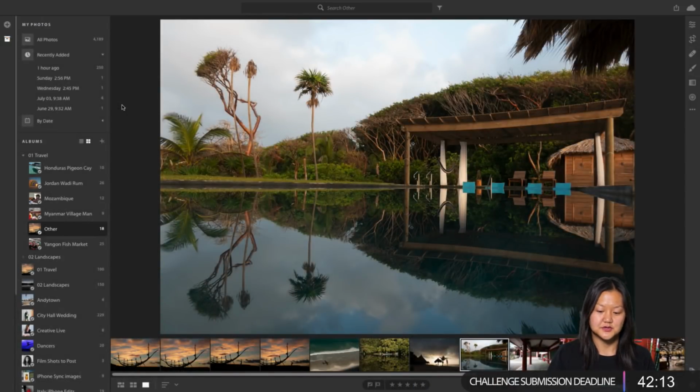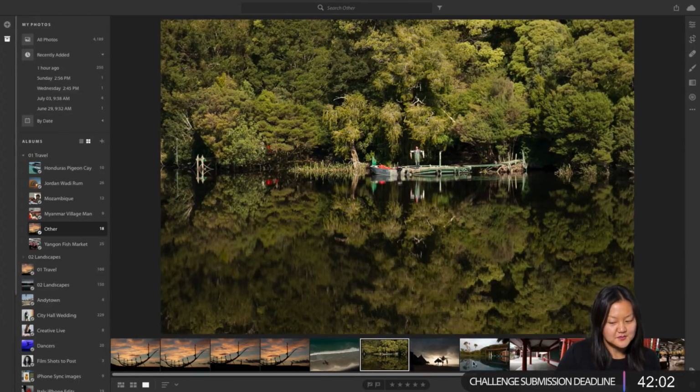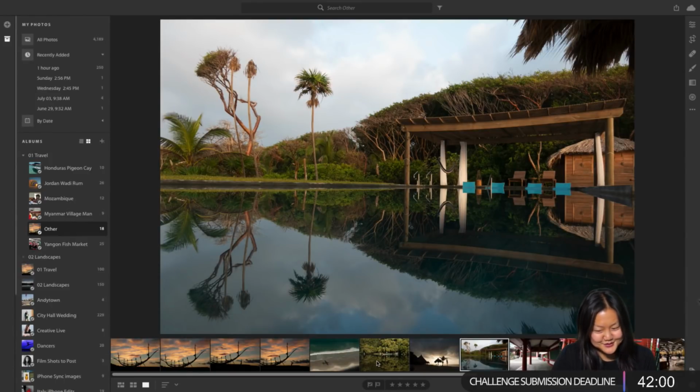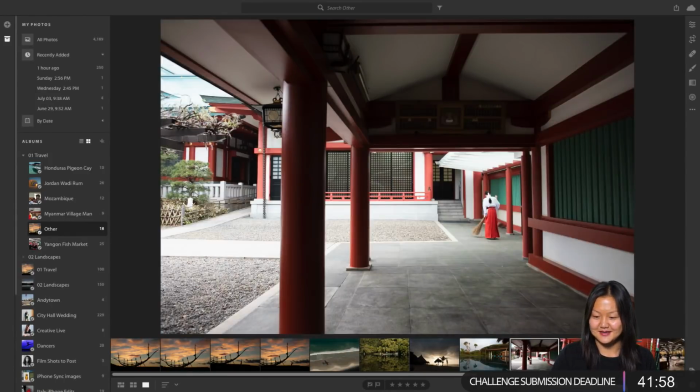This is also Honduras, that same place I was doing the diving snorkeling trip. This is just the pool, so this idea of kind of mirroring it. Apparently there are themes in my work that I'm drawn to, which I didn't really think about when I was pulling these together, because they were from all different catalogs from all different years, and I just put them all into the same folder.